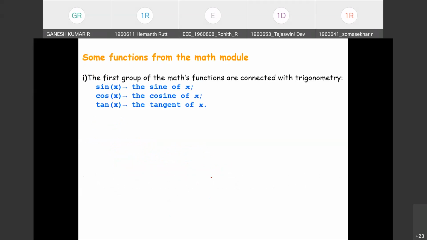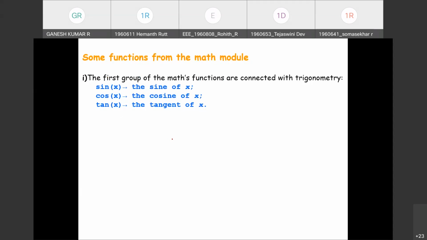Next, we'll move on to some functions from the math module, as I have already displayed the various functions from it. Let us start with a quick preview of some of the functions provided by the math module. We have chosen them arbitrarily. Okay, I have not included all the functions. A few which are frequently and widely used are presented here. But that doesn't mean that the functions we have not mentioned are any less significant.